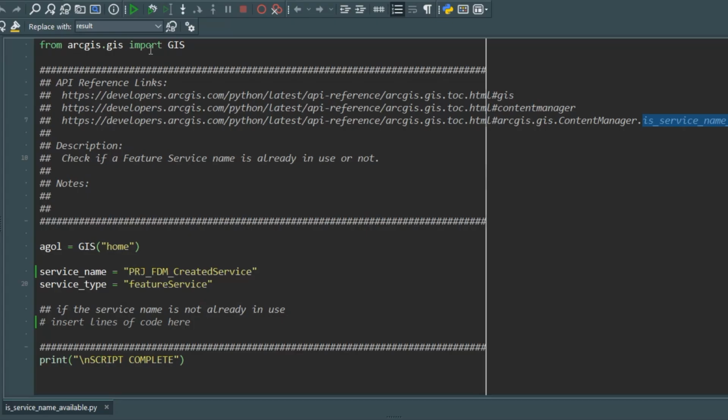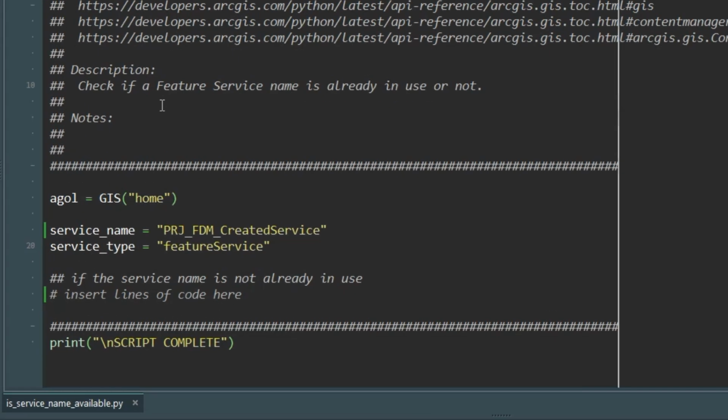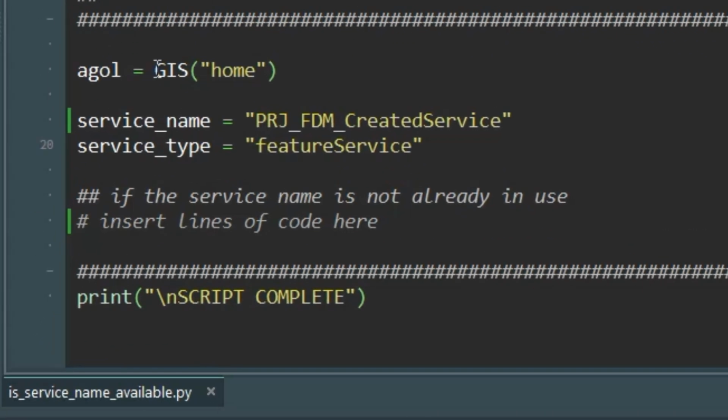Up top, we are importing our GIS class. We're then first accessing ArcGIS Online using the GIS class and supplying in the home string. We're assigning the calling of our GIS class to a variable called AGOL. We are creating two variables, service name and service type, to match the two parameters for the isServiceNameAvailable method. We've supplied in a string for our service name, and our service type is feature service, as we saw in